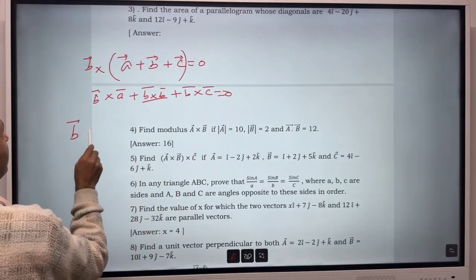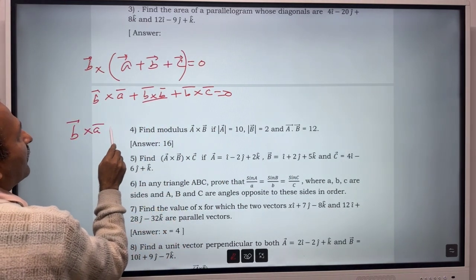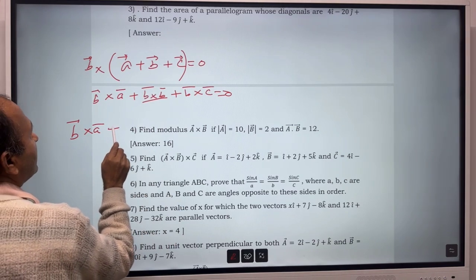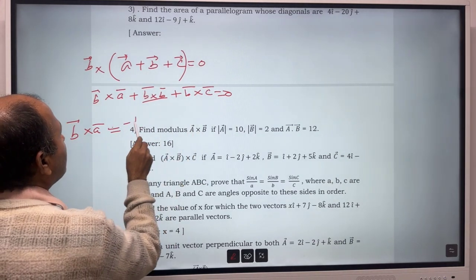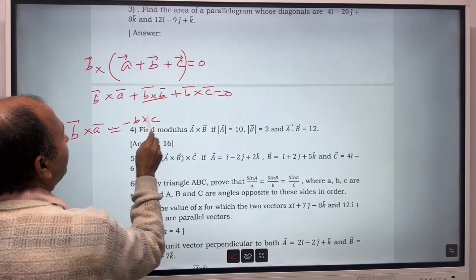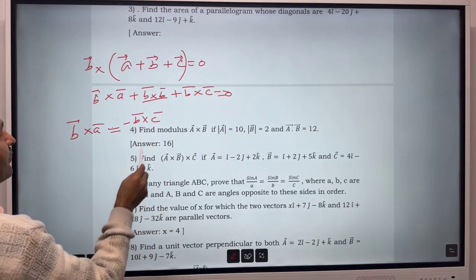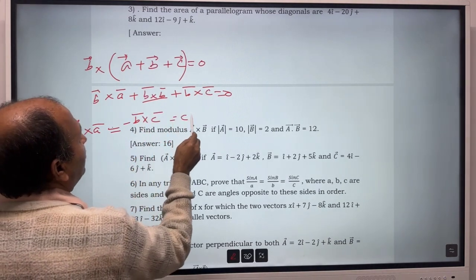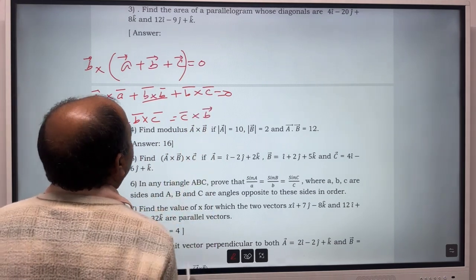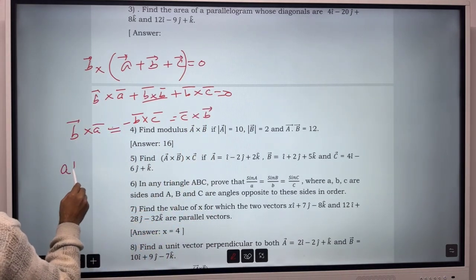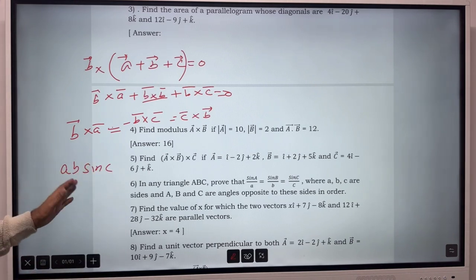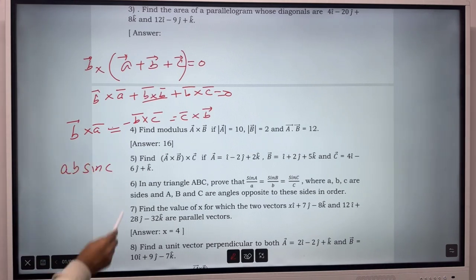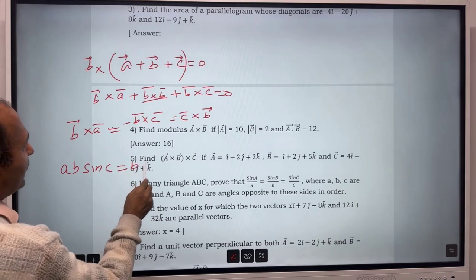So B cross A plus equal to, we take this to the other side, minus B cross C, or C cross B. We change the order, so C cross B. Or we can write here AB sin C, 180 minus C, as I told you, angle enclosed, so 180 minus C is also C, equal to BC